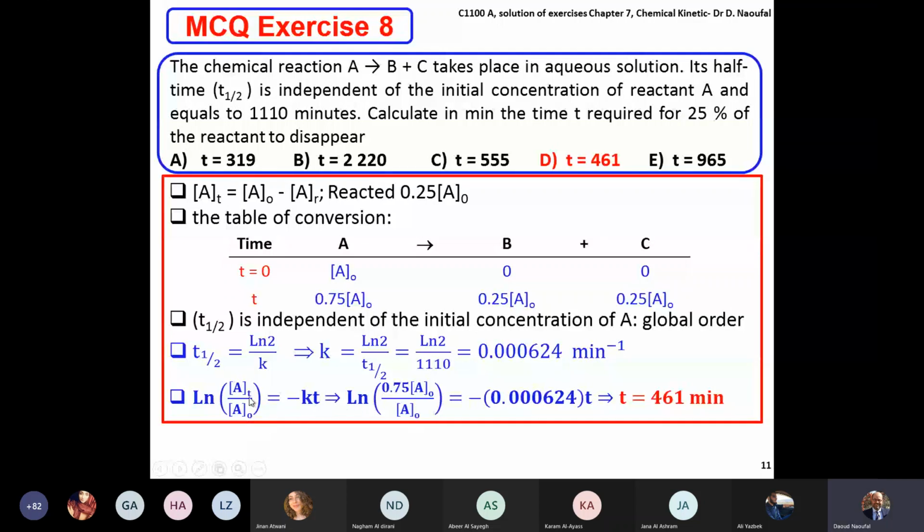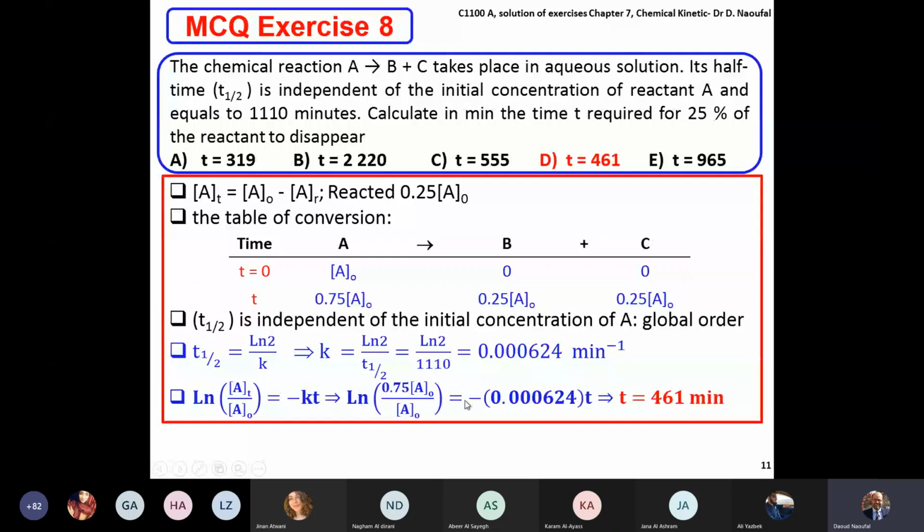So ln of At, where At is equal to 0.75 A0, divided by the initial concentration of A, which is A0, equals minus Kt. We put K by its value found previously. We cancel A0, so ln